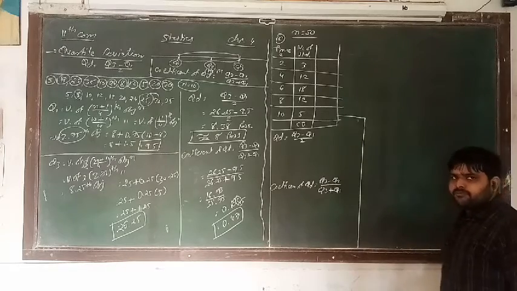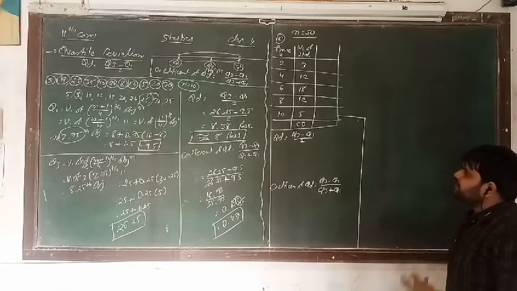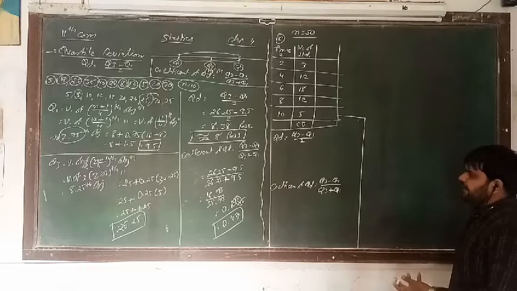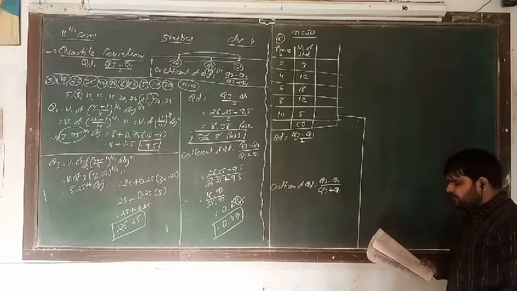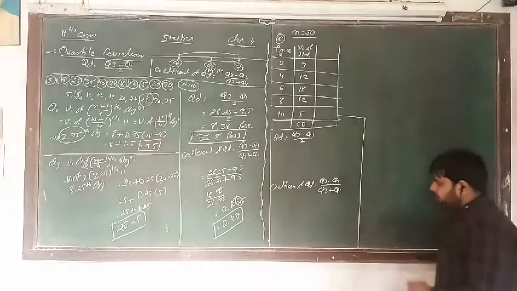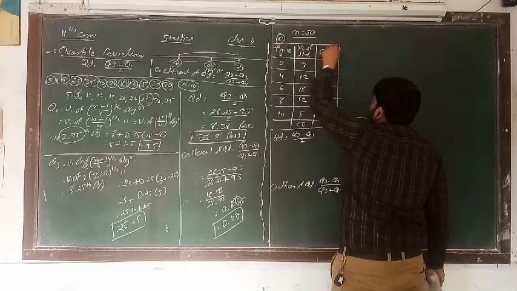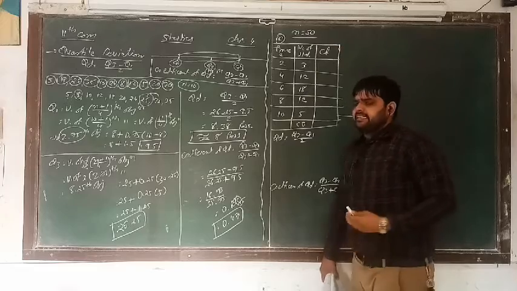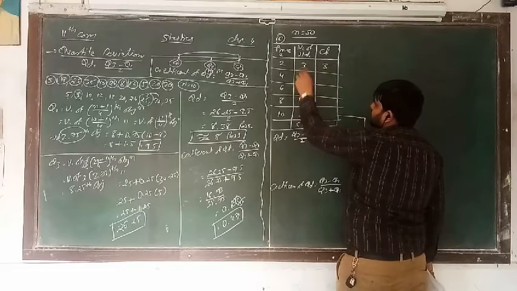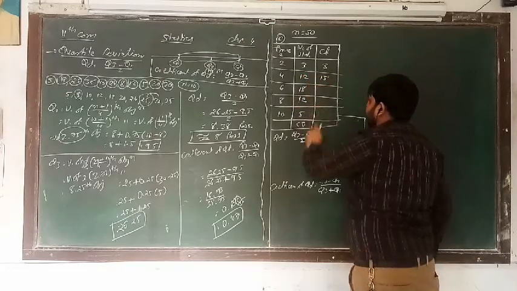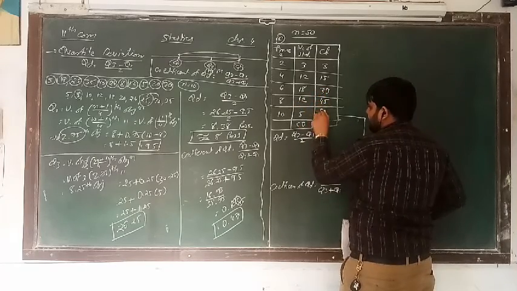Now what do we have to do? We have to calculate Q1 and Q3, and on the basis of Q1 and Q3 we find out QD and the coefficient of QD. So two things we have to do over here, Q1 and Q3. For that, we have to find the next column, that is CF. What do we mean by CF? Cumulative frequency. Okay, add one by one. So here 3 plus 12, 15, 15 plus 18, 33, plus 12, 45 and 50.